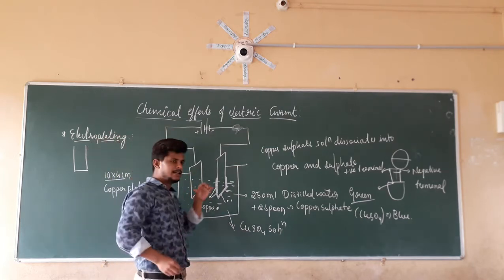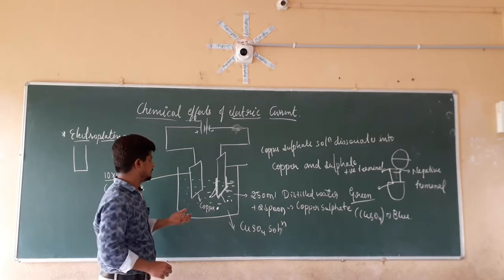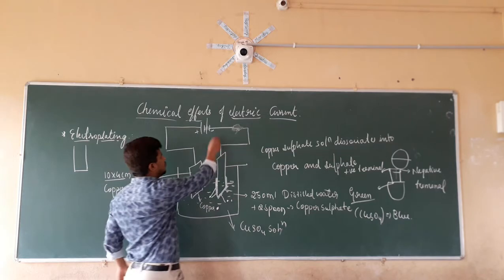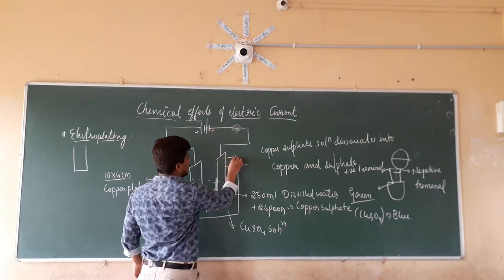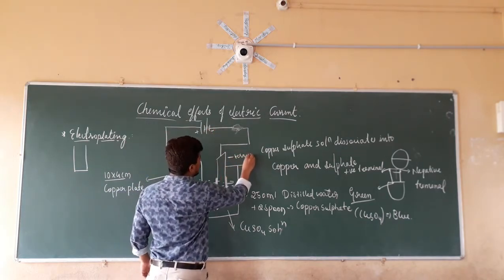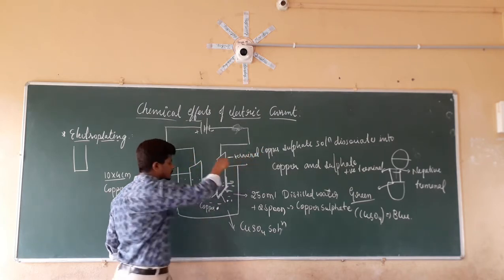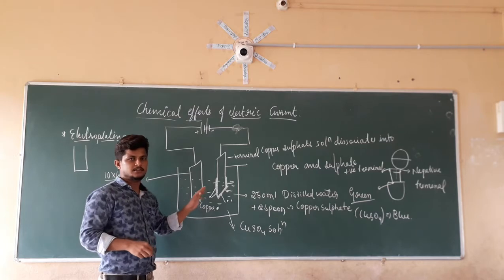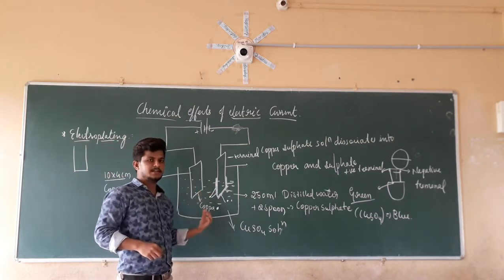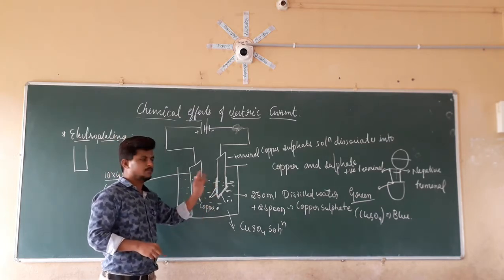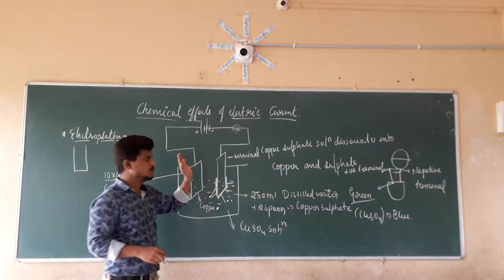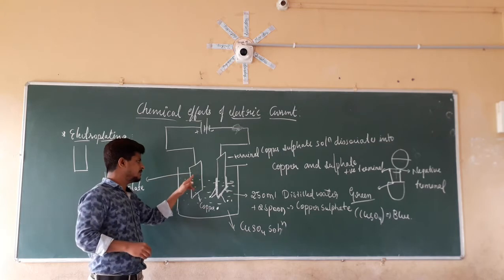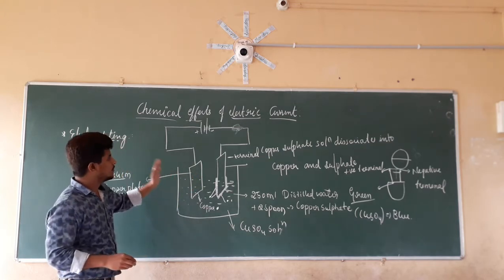Always remember that for metallic conductors or metals, in this case we have taken the copper here, the copper is always going to deposit on the negative terminal. It is going to deposit on the electrode which is connected to the negative terminal. So whenever electric current passes through, the copper is always going to deposit on what? The negative terminal. And the amount of the copper which is required again is going to be taken from this electrode. So this is about the electroplating.